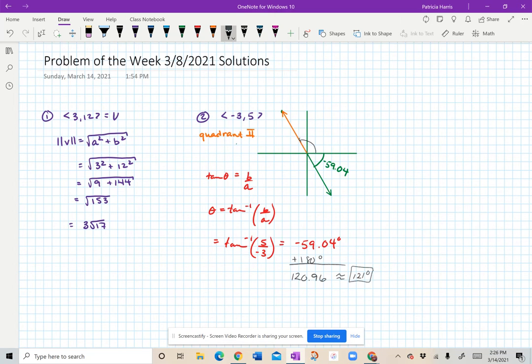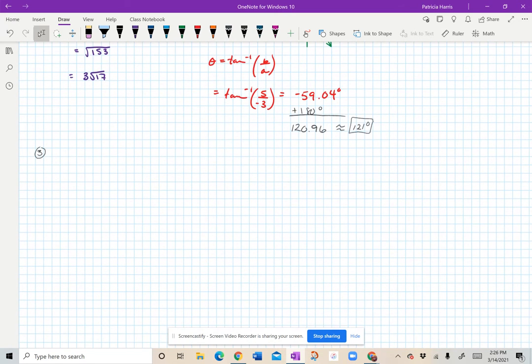Number 3. I want to simplify the vector multiplied by the scalar of 5. So that's negative 15, comma 10. Okay, that's it. Number 4, what is the effect of a scalar of negative 1 on the magnitude of a given vector? So multiplying by a scalar of negative 1 has no effect on the magnitude,